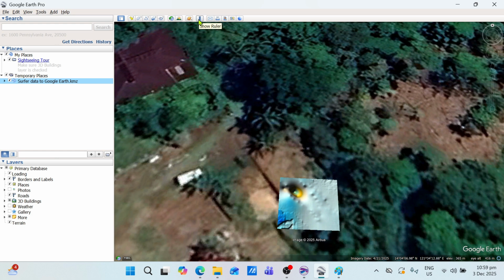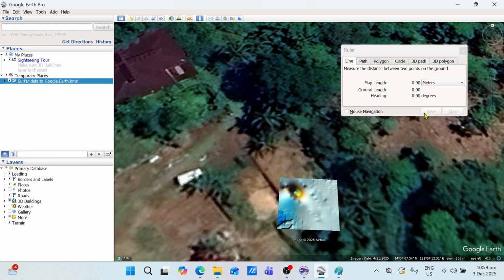Select this one, and then unit in meters, and then measure the actual location of the target. So from this coordinate going to this Surfer data coordinates, and now we have 2.9 meters.